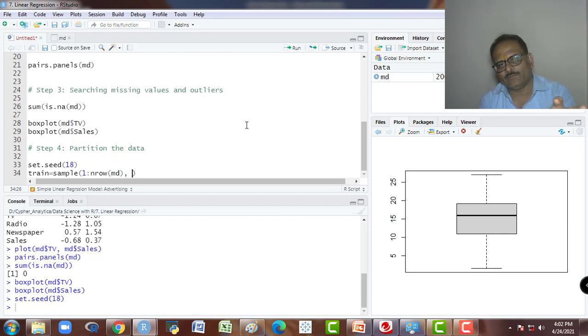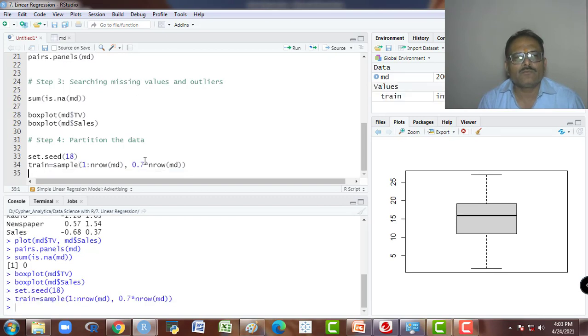We have n rows, I mean 200 rows would be there, and out of that I want the proportion of 0.7 into nrow of MD. So I will get this here.